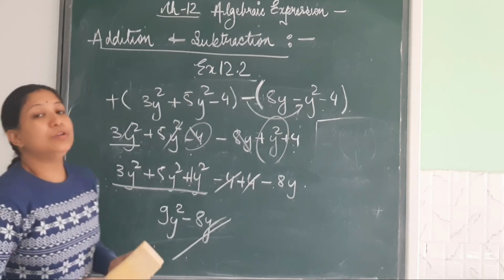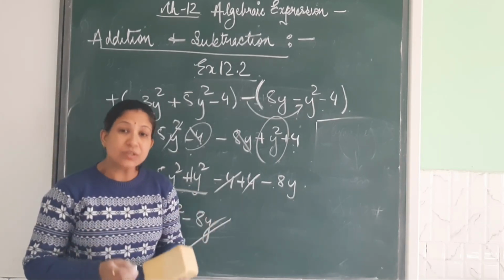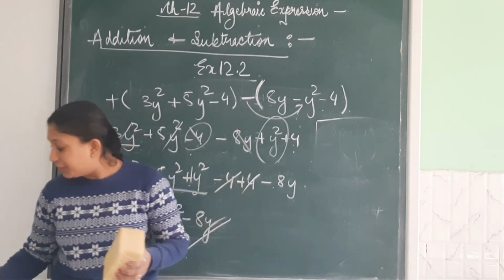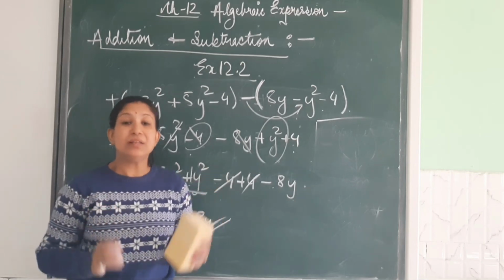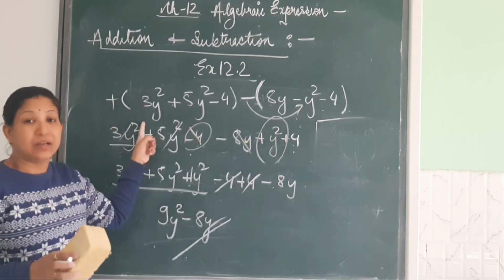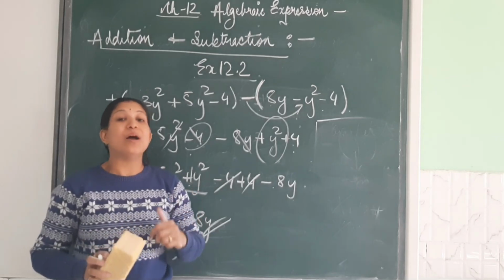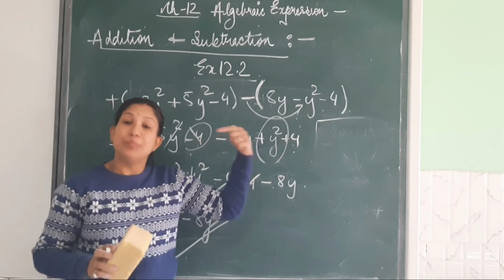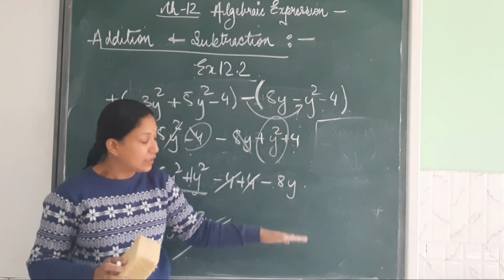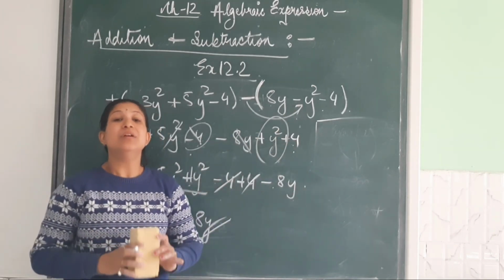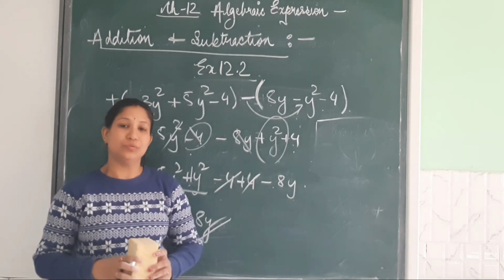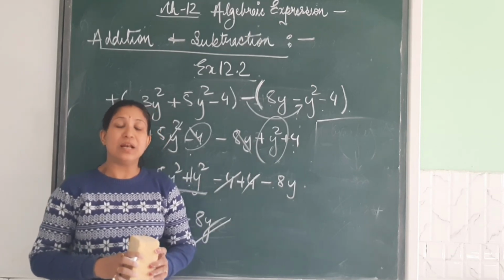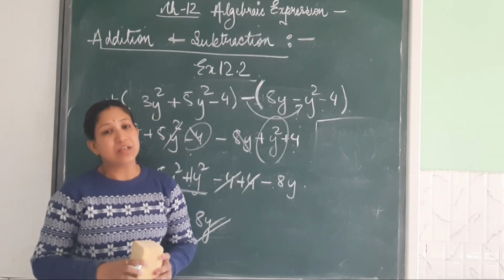So this is how you can solve the equations if it is asked to arrange or simplify by like terms. The first question was simplify combining the like terms. So we have just opened the bracket. I hope now you have understood why we open the bracket. But if there was no bracket, we will first put the bracket, open the bracket and then solve. So here we have discussed the first question of exercise 12.2. Please try to solve a few of the questions from the same exercise, and let me know if you have any difficulty in solving.